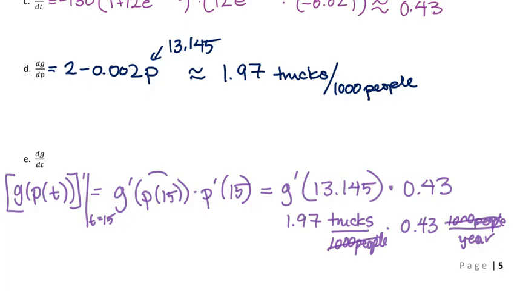So basically, it turns out that if you want to know how fast g is changing with respect to time, you multiply how fast g is changing with respect to p by how fast p is changing with respect to t. And when I go back and plug all of this in, I get about 0.847,